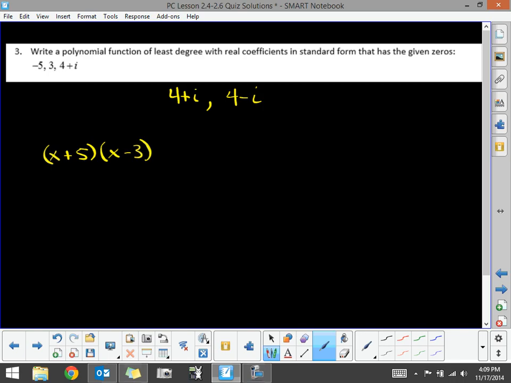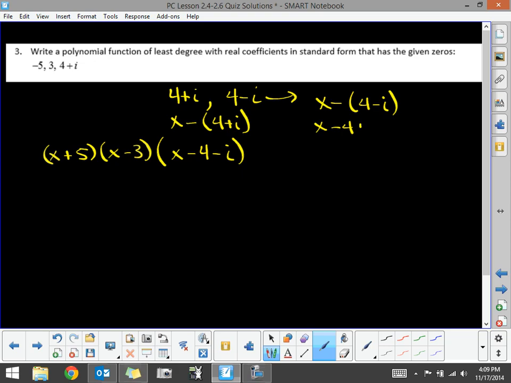And I said if you want to be really careful, what you can always do is take x minus your 0 that they give you, which is 4 plus i, and rewrite it. So that's going to be x minus 4 minus i. Then if I do the same thing with this factor, it's going to be x minus 4 minus i, which will give us a factor of x minus 4 plus i. So those are the factors that we have to run through and do our